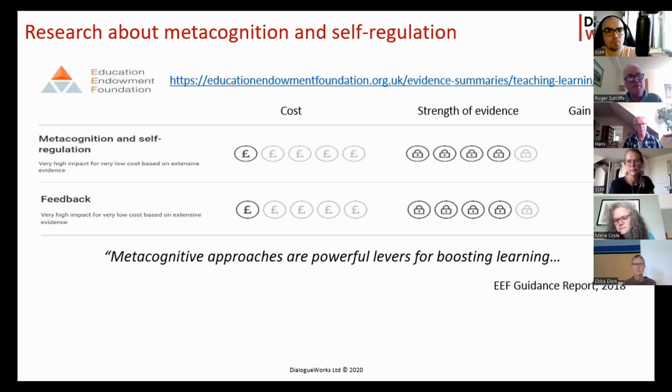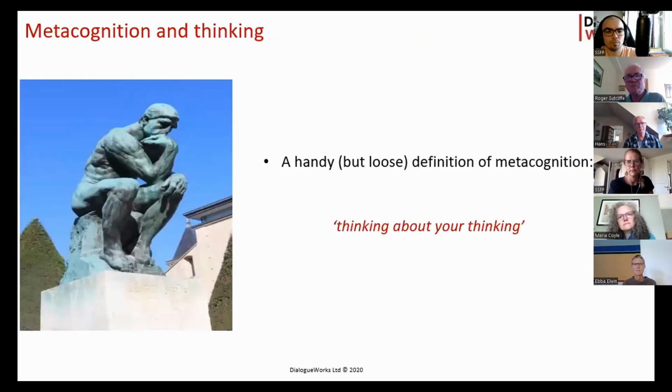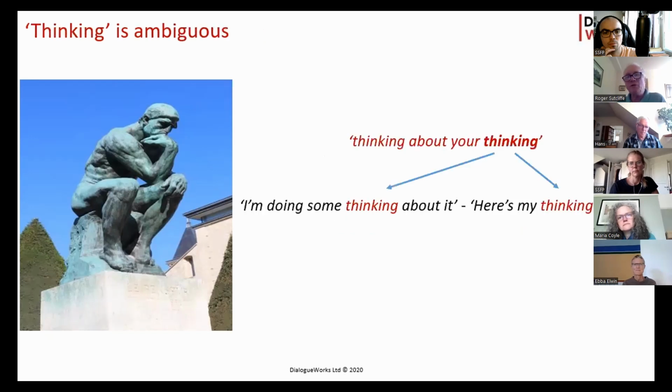Simon's given an account of metacognition, actually a pretty good account, if I might say so. But there is a loose definition which has a certain value. Let's look at it now. In English, at any rate, people often define it as thinking about your thinking. And that's fine, but especially if you're deeply into linguistic philosophy, you might recognize that there's an ambiguity about this,